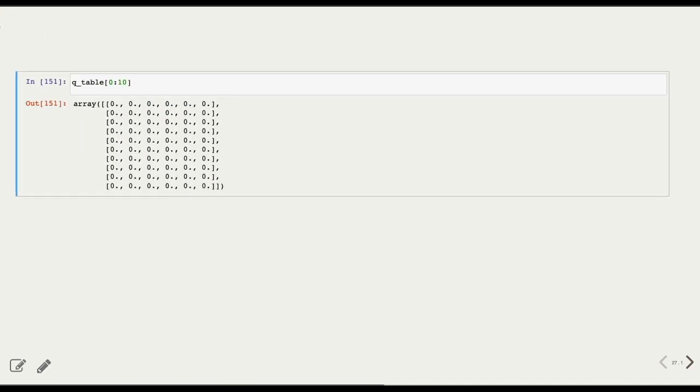Okay, so we can do that. And the result of that is that we start with the Q table with all 0 values. And here we only show the first 10 states. And so as you can see, there are 6 columns in there for each state from 0, 1, 2, 3, 4, 5 until 499, which is 500 states. Okay, so this is the initial Q table, and hopefully with learning and training, we'll be able to update this Q table, and the agent or cab can use the knowledge in the Q table to perform better